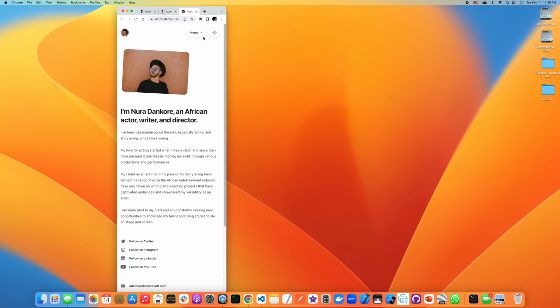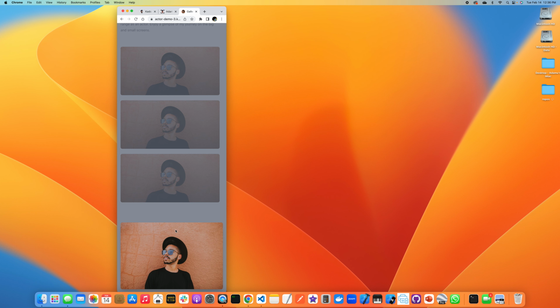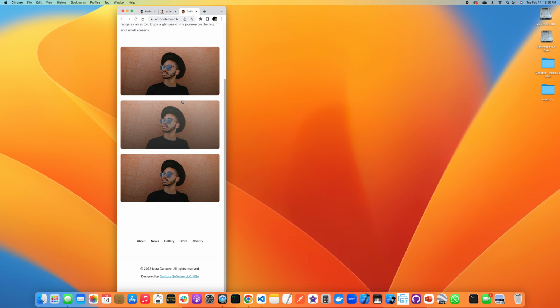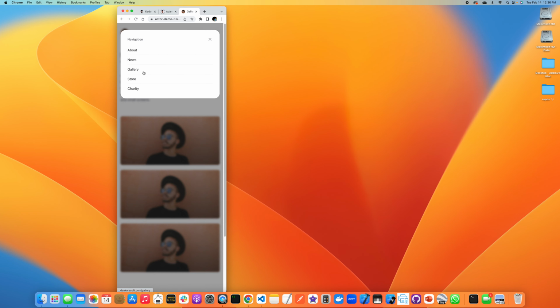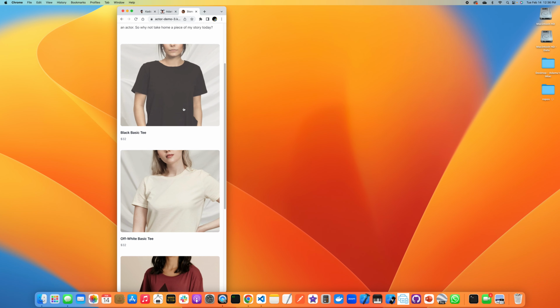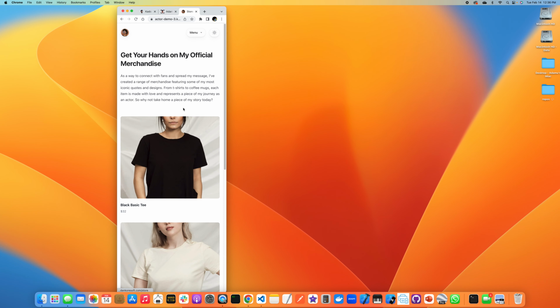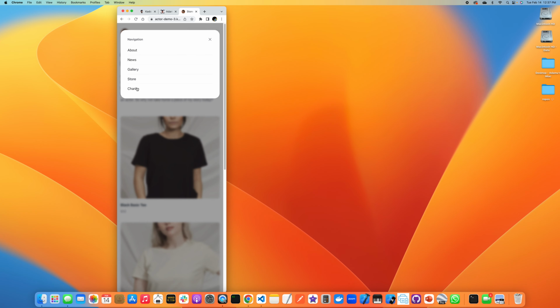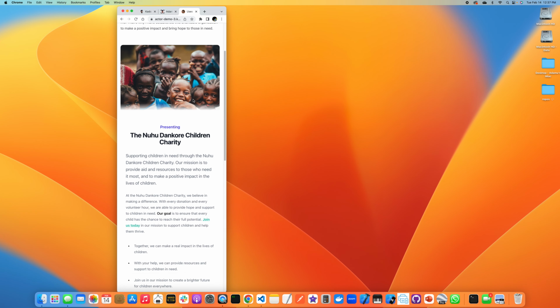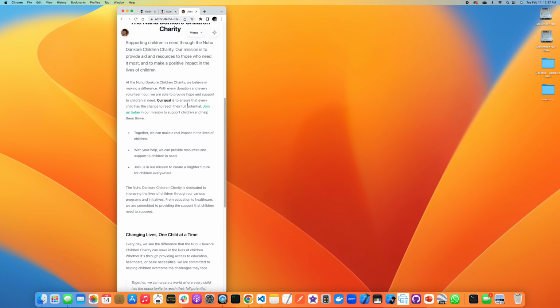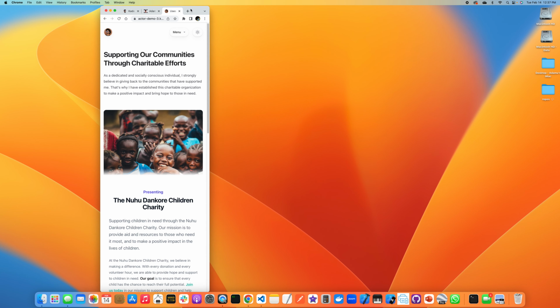We'll go to news, all your news articles, your gallery. Look at that. I can click any image and view it, and it's going to appear at the bottom. And I can click anywhere outside the image to exit from that. And then I can go to the store, and I can go to charity. Very, very nice. No information is missing or lost.